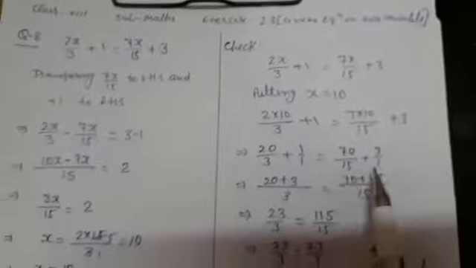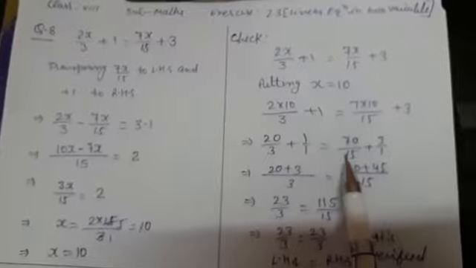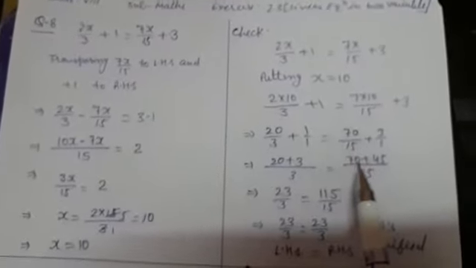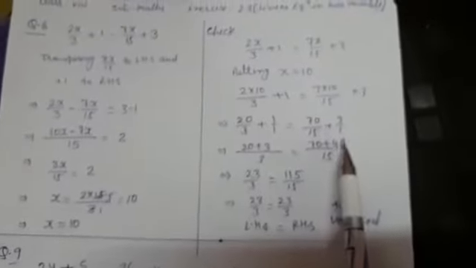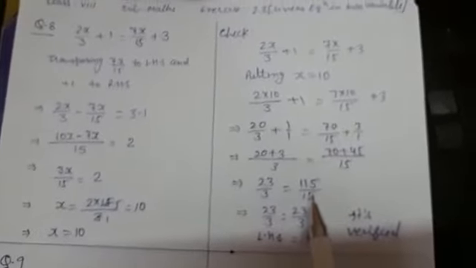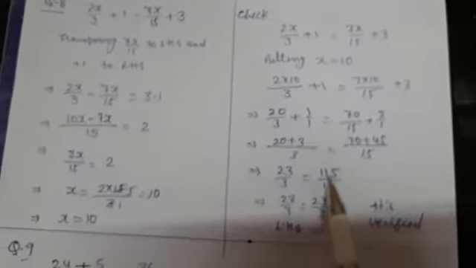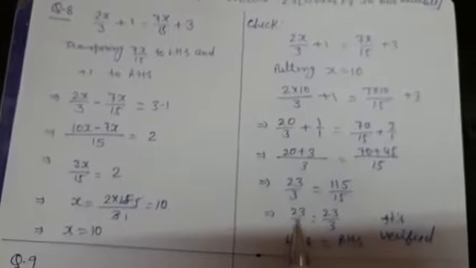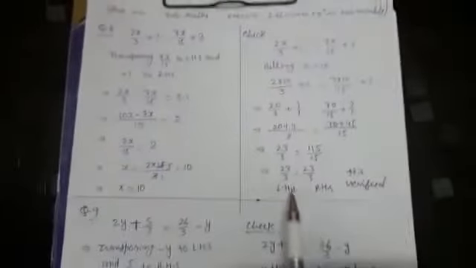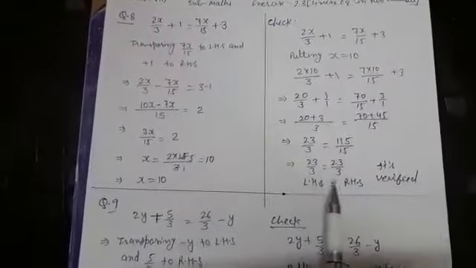Same thing is here, we will take LCM of 15 and 1, we will go to here 15. LCM 15 divided by this 15, so we will go to here 1 multiplied by 70, so we have taken here 70 plus 15 divided by 1, 15, 3 is 45, total there is 115 upon 15. 115 and 15 cut with the table of 5, so this side becomes 23 upon 3. So in the last we will see here 23 upon 3 in left side, 23 upon 3 in right side, so both sides are equal, so our result is right.